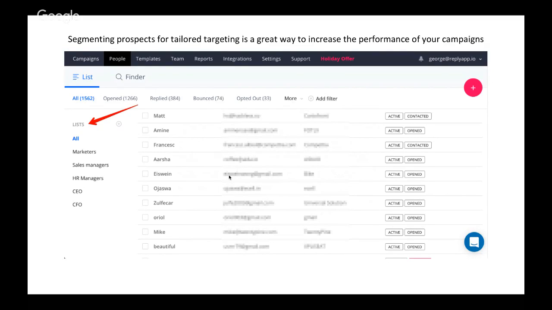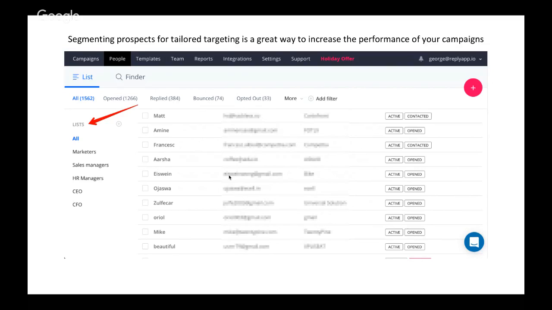In Reply, we have this list functionality where you can create lists based on pretty much anything. In my example, I have lists based on their positions. So for example, I have lists of marketers, sales managers, HR managers, CEOs, CFOs. This can be pretty much anything. You can create lists based on territory, where people are located, or the size of their companies, or whatever it may be.